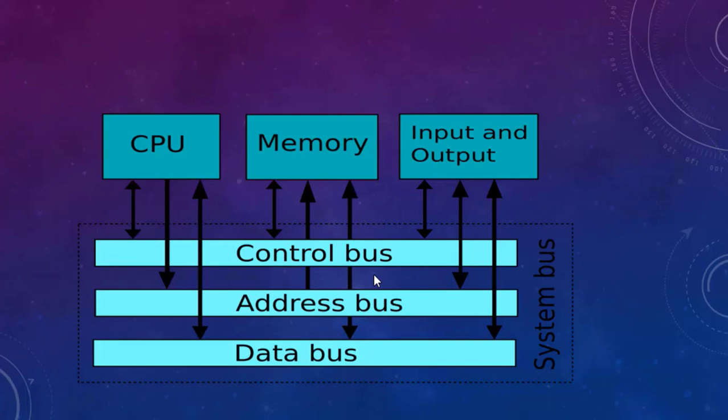Data bus provides a path to transfer the data between the CPU and the memory, and the address bus connects the CPU and RAM with a set of lines of wire similar to the data bus. Control bus is used to control the access and the use of data and address lines.